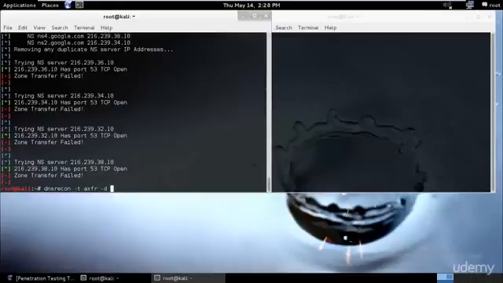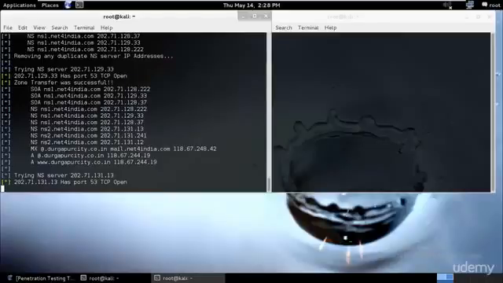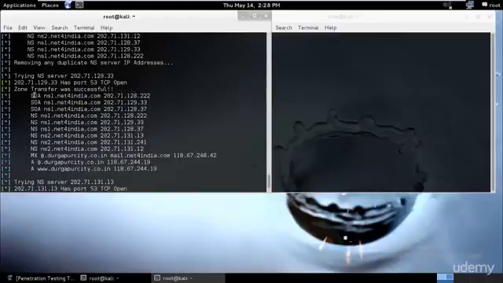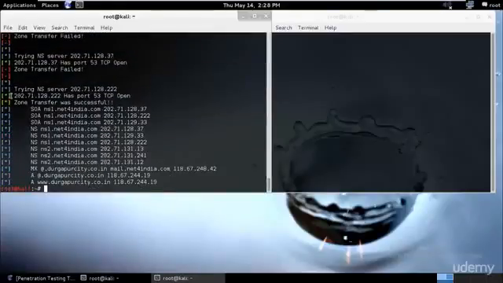Let's check for a random local Durgapur city.co.in, the one which I tried previously. Okay, so zone transfer was successful over here. As you can see, these were successful, SOA and NS records. Okay, perfect. So this is how we can see the time to live records as well as